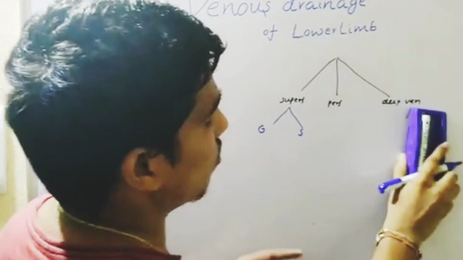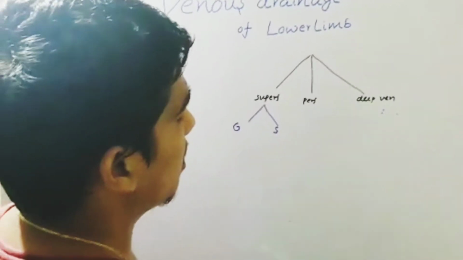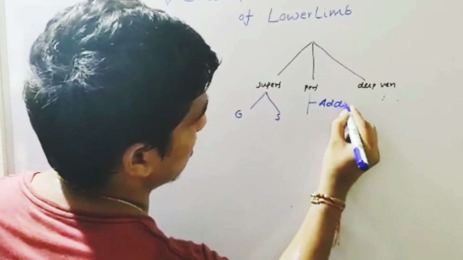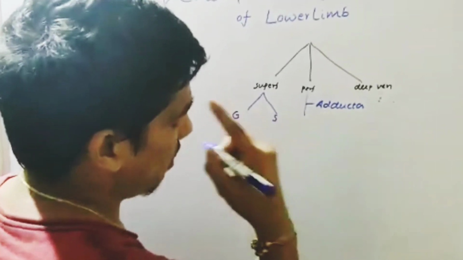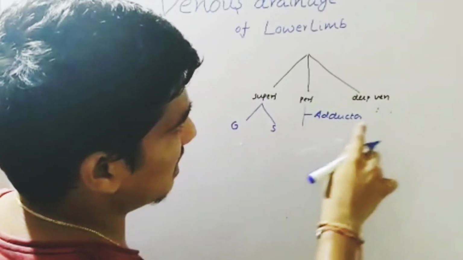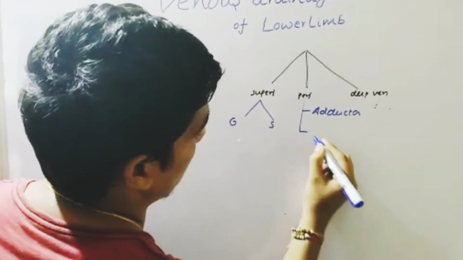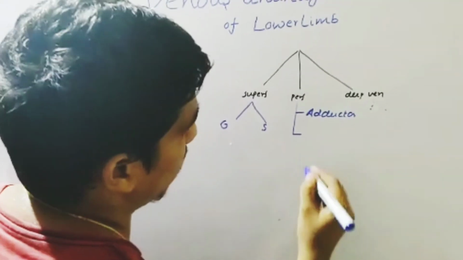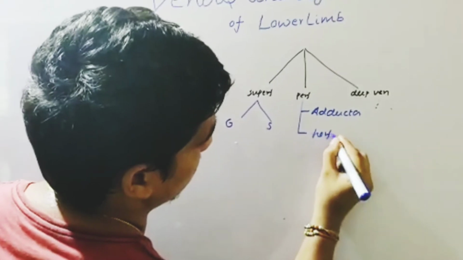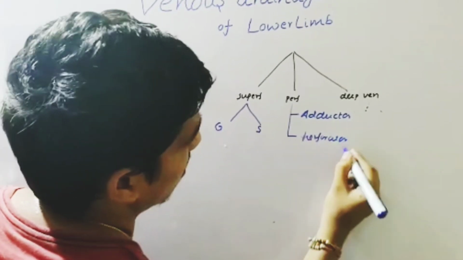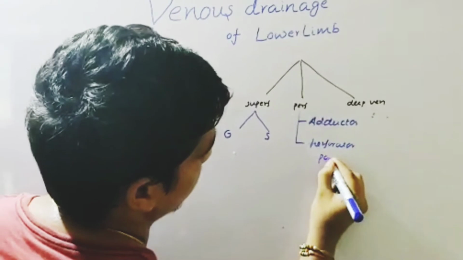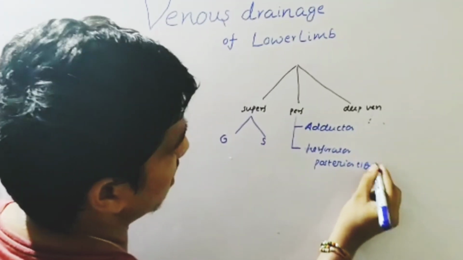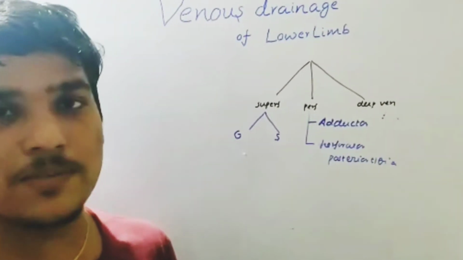system. You should know about two perforators mainly. The perforator that is present at the adductor hiatus is going to connect the greater saphenous vein with the femoral vein. The other perforator is the perforator of knee. It is going to connect the posterior tibial vein with the greater saphenous vein. So friends, the topic is completed.